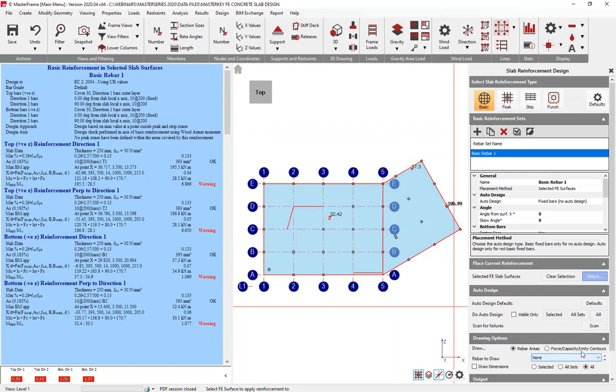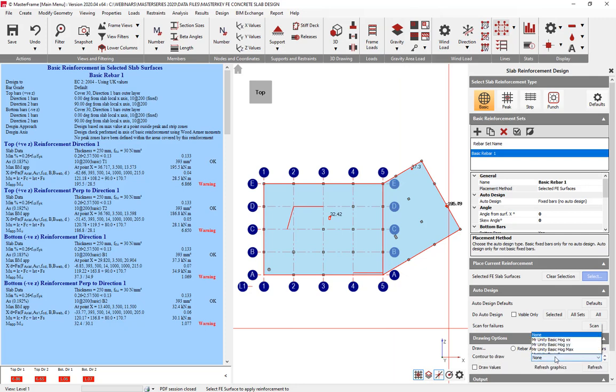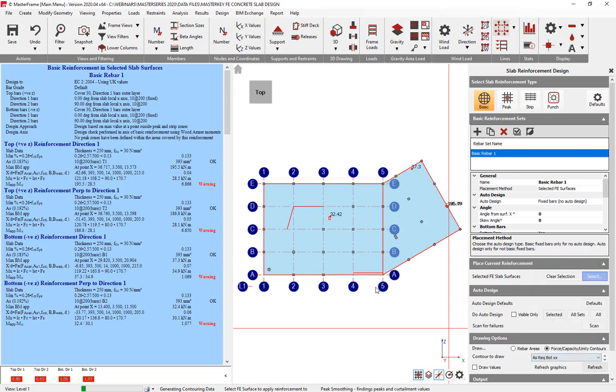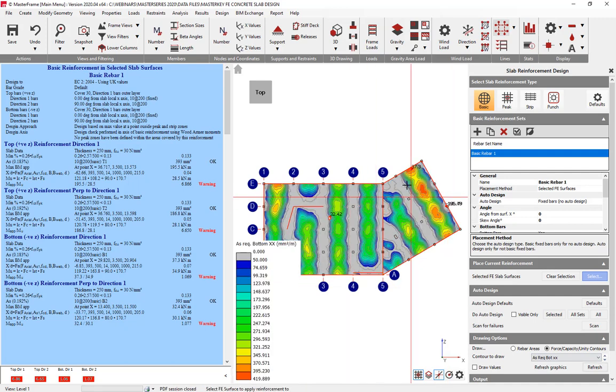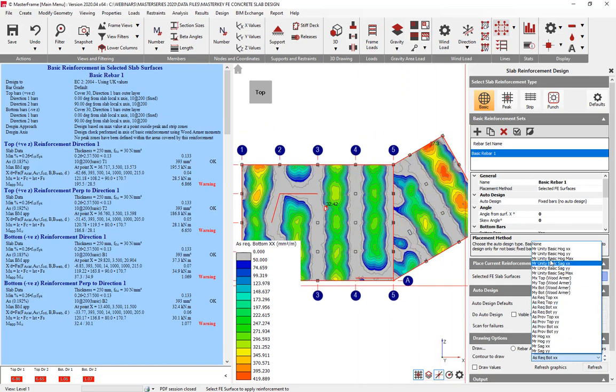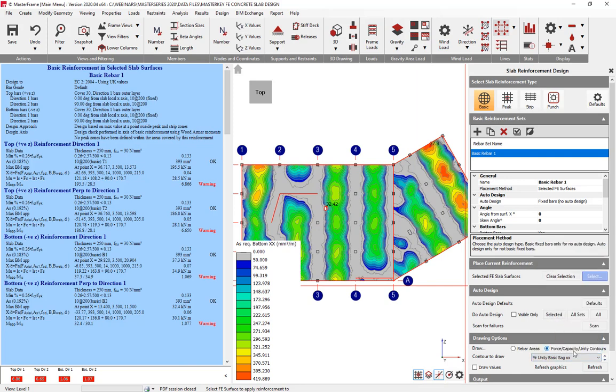Now, one of the things that you'll find very, very useful in terms of assessing what your basic reinforcement is like and where you need additional is some of the contour output settings in this area. We can, of course, come along and say, initially, okay, what is the bottom As required, to give myself an understanding potentially of how much basic steel I might want in the bottom. But really, by and far, the best way is to put in some basic, and then we can come along to our unity ratio. So this is the moment of resistance unity ratio for the basic reinforcement in the bottom